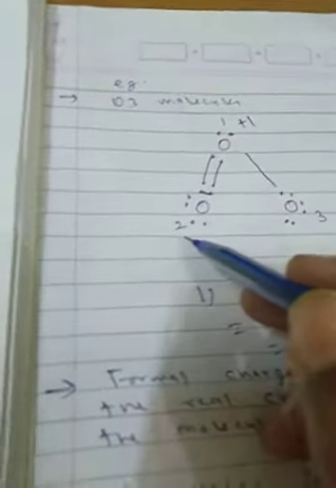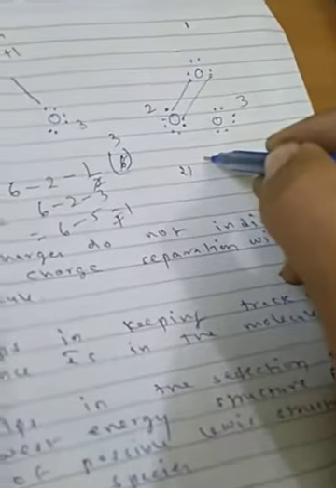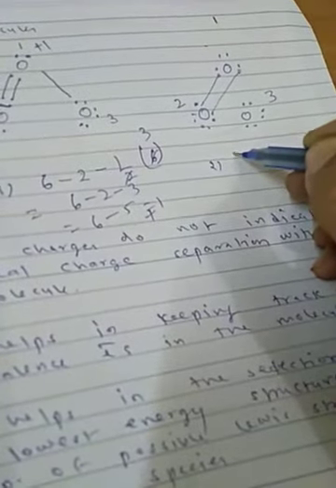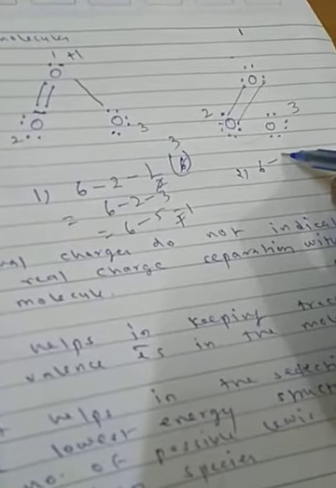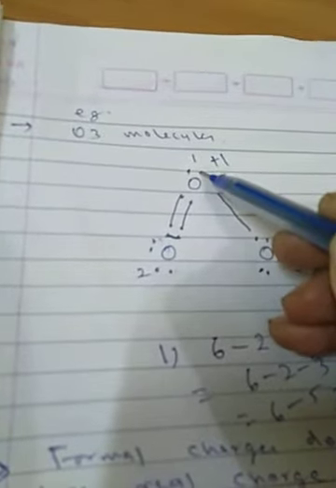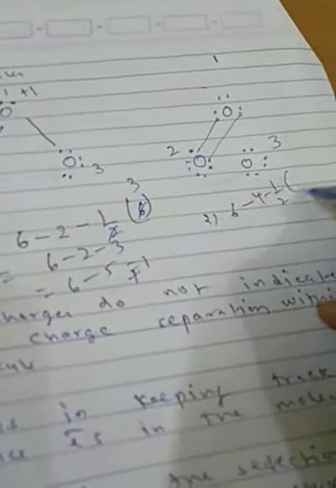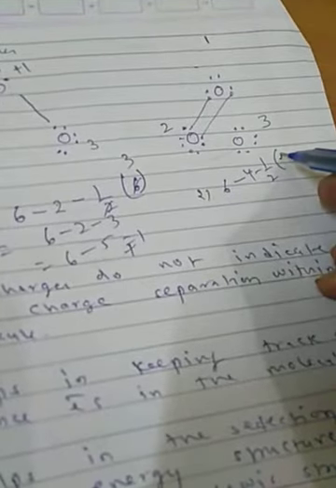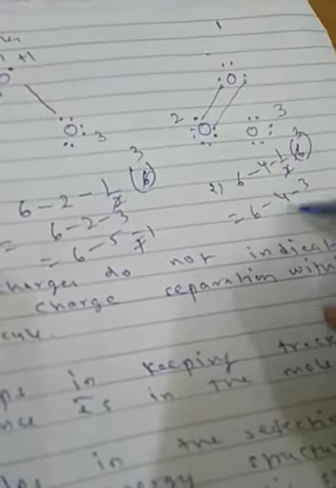Now I am deriving for the second one. This one was our first. See, for the second, you know the total number of valence electrons in the free state is 6, minus the total number of non-bonding lone pair electrons. Non-bonding means they do not participate. Here 1 pair, which means 2 electrons. Here 1, 2, 3, 4, so we have to write 4. Minus half, by the formula, and the valence electrons are 6. So 6 minus 4 minus 3 is equal to 6 minus 7, which is equal to minus 1.